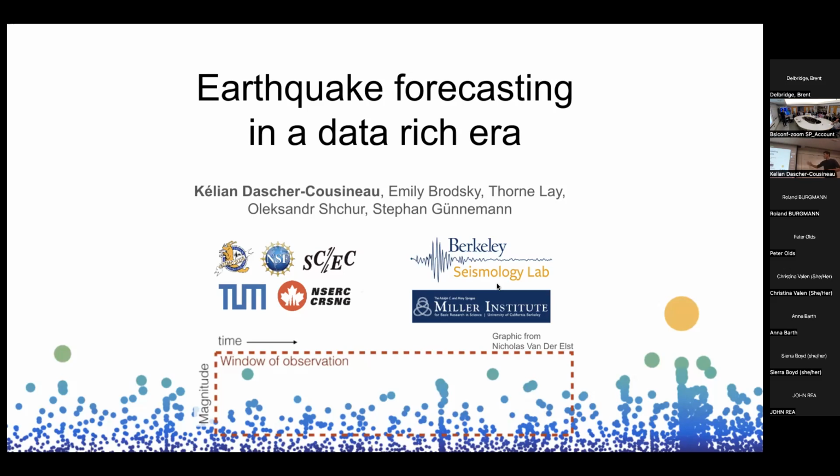I've kind of stolen this slide from Nicholas van der Elst, and I really like it as it emphasizes that our observations of seismicity are just this narrow window, but there's this entire process going on alongside. We always see this very small window of what's going on. My hope today is to convince you that as we build our geophysical data sets, we can find tricks and different approaches to inform earthquake forecasts by growing this window.